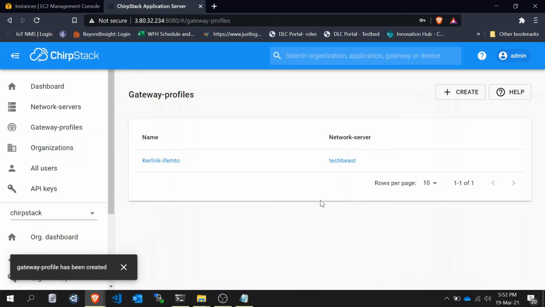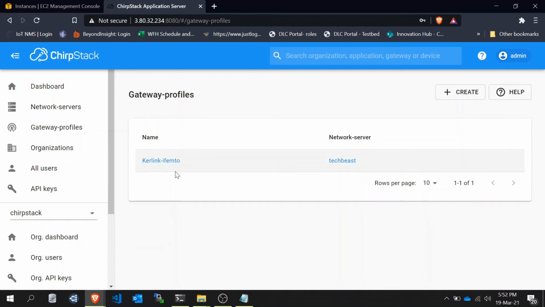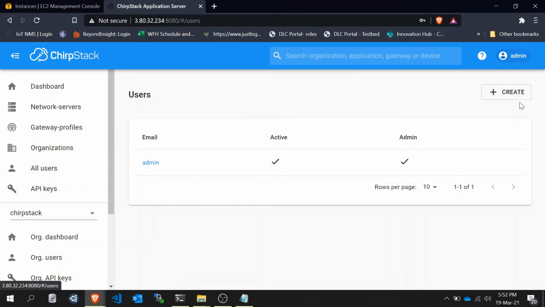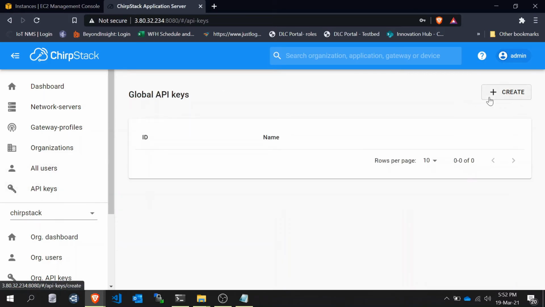So now I have created a gateway profile for my gateway. Similarly, you can have a Cisco gateway, you can have your own Raspberry Pi built gateway, all your custom gateways, you can create a profile. Basically ChirpStack has a multi-tenant option, so you can create multiple organizations if you want. Then you can create users, and you can give whether the user is admin or an active user. You can control all these permission levels. Then you can create global API keys,